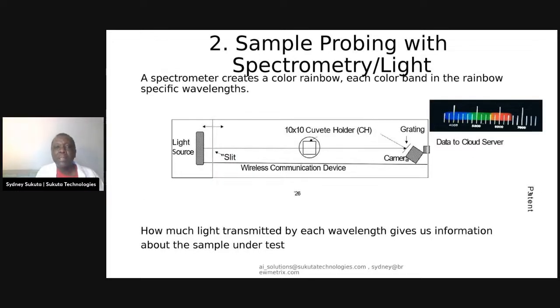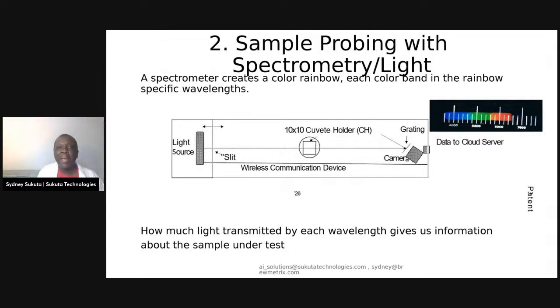Okay, so let's discuss spectrometry a little bit. We keep talking about spectrometer and AI. So the first thing you need to do is to shine light through the sample, and that will gather information about the sample at a molecular level. And then once that data is available, it goes to AI. But let's take a closer look at this.